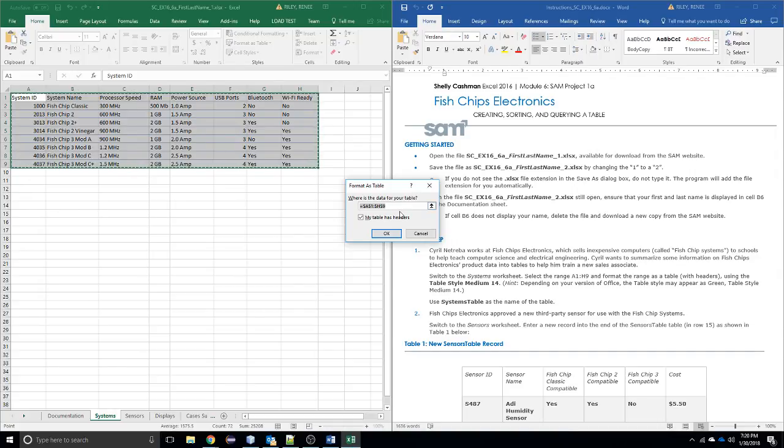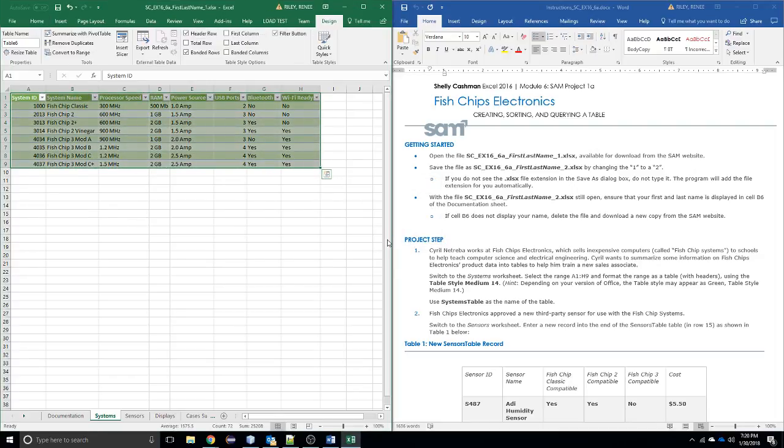Now I want to apply it to this data. My table does have headers, so I'm going to click OK. Looks great. Now I want to use the name Systems Table as the name of this table. So now it should be properly named. And my next step, step 2, says Fish Chips Electronics approved a new third-party sensor for use with the Fish Chips systems. So we want to switch to the Sensors worksheet